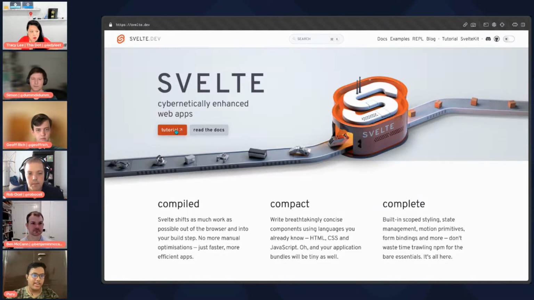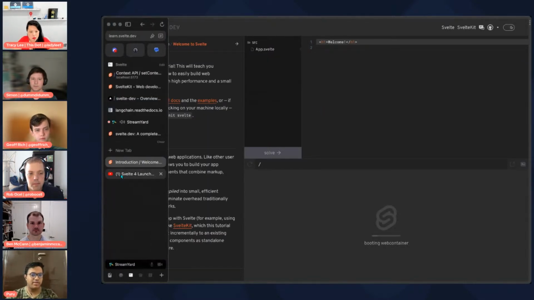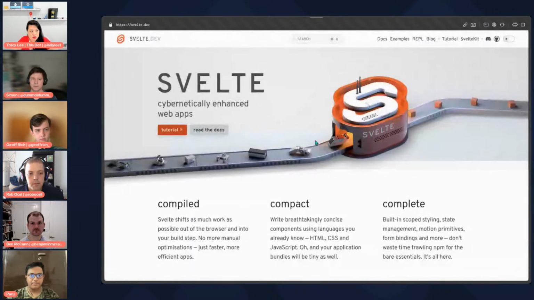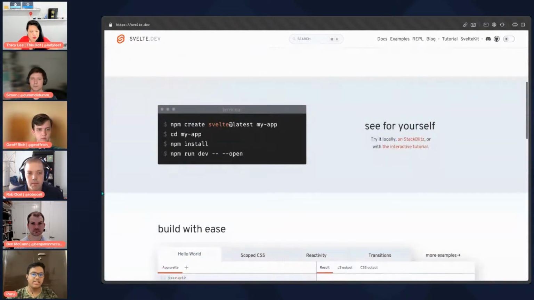We are now linking to learn.svelte.dev here, which is, if you ask, much better than the old tutorial. Moving on, we have a little bit of a copyright change, some text changes here and there. The terminal, again, copy pasted directly from the kit website.